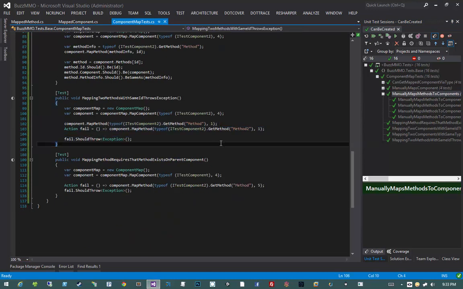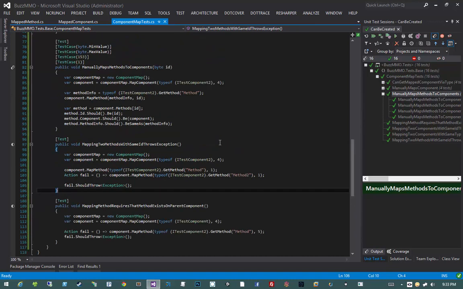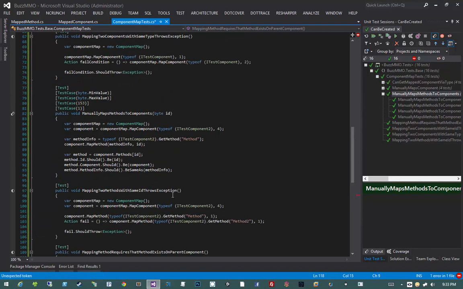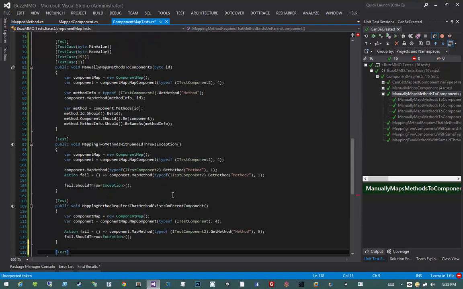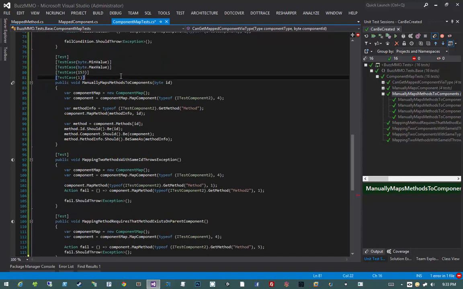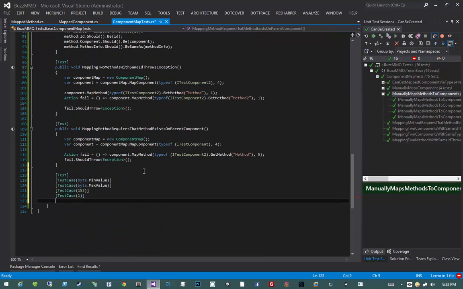Okay, I want to write two more tests, and I'm just going to write two of these tests, and then I'm going to just fill in the rest of the code, because what I'm about to write will be pretty much exactly what we wrote already for our component map. So the first test I'm going to write is test, I'm just going to grab these test cases, and then I'm going to say